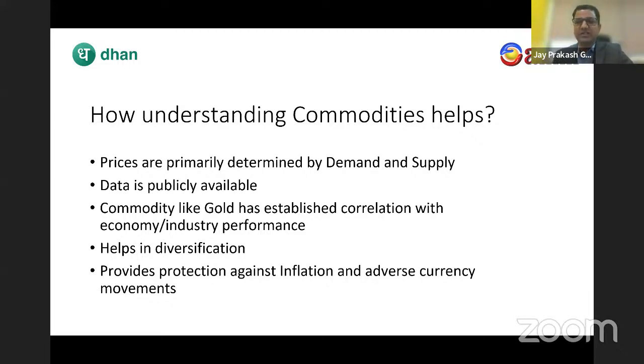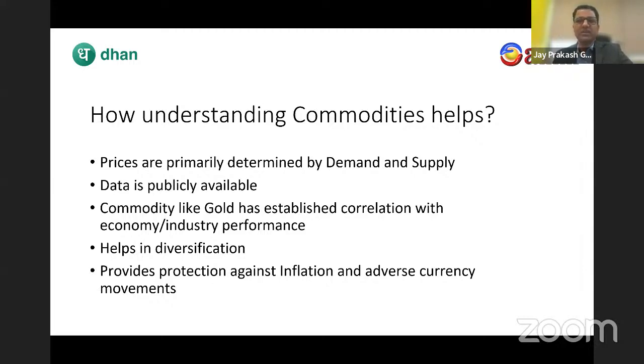It's unlike shares, where there is certain valuation, there are certain cash flows, there are certain technical things which you need to understand in terms of ratios and all. You need to know about the quality of the management, the corporate governance. These are the various factors which are prevalent. But for most of the commodities, it's the demand and supply,